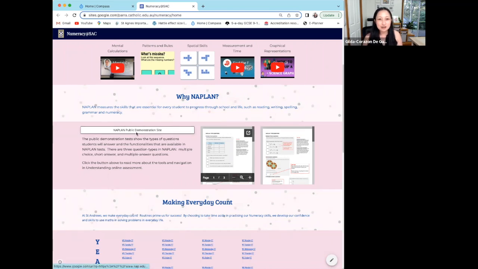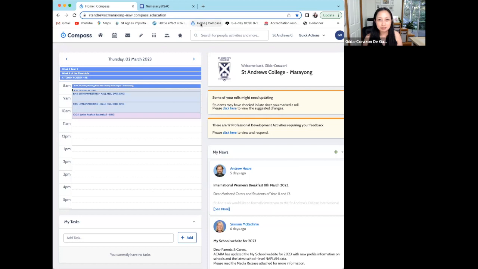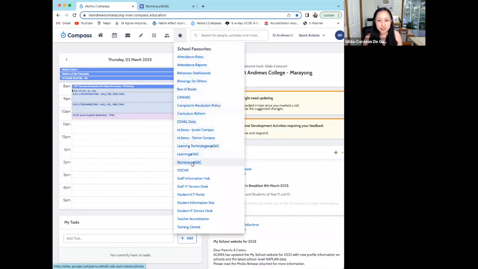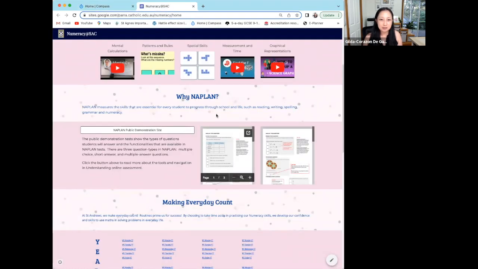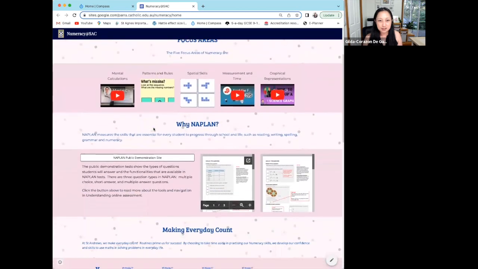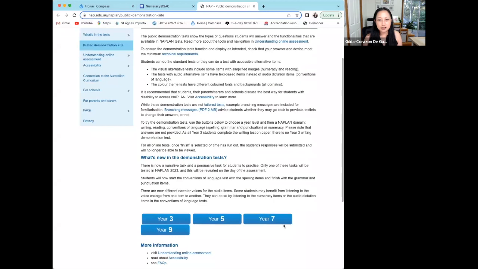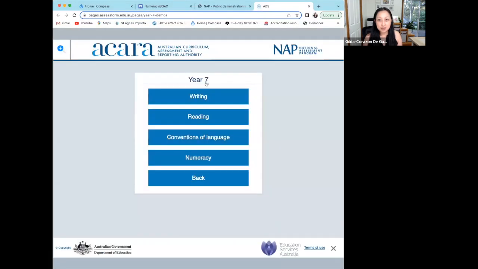One is logging on to our numeracy at SAC. You'd know that it would be under the school favorites, which is under numeracy at SAC. And you just click on that one and this site would pop up. And you would need to just click on NAPLAN public demonstration site. You might need to scroll down a bit. And if you click on that one, you can scroll down, you can choose E7 or E9, and this page